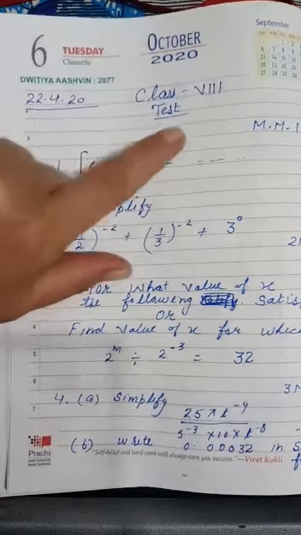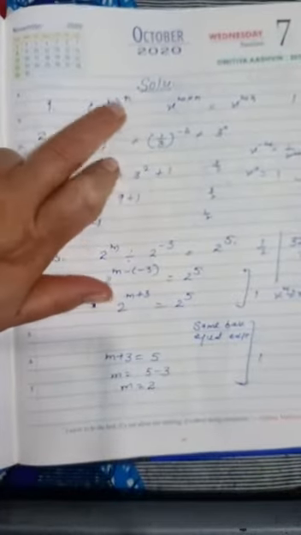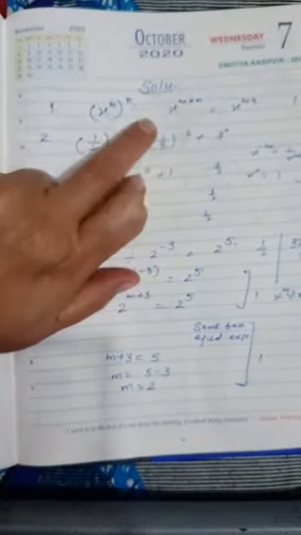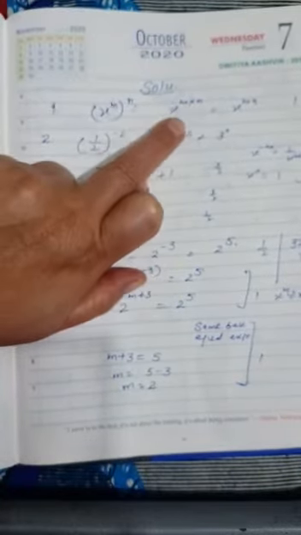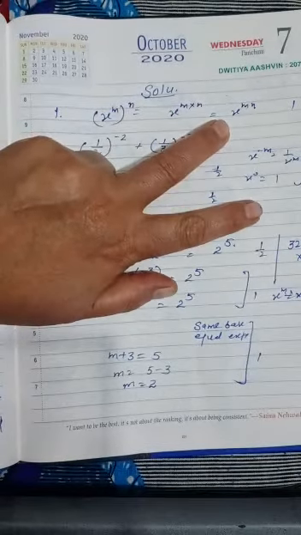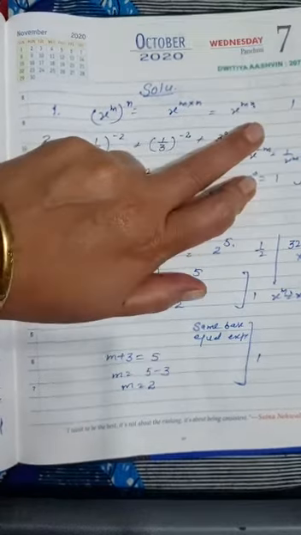So power to power is there. The answer of x to the power m to the power n means if the power of a power is given, then both powers get multiplied. So the answer will become x to the power m into n. Into means we can just avoid the sign of multiply also. So the answer will be x to the power mn.